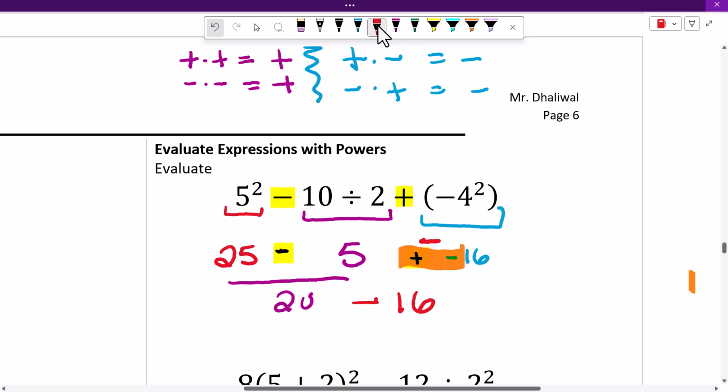All right? You're going to make more mistakes if you have double signs. You can still do it, but I encourage you to make it into a single sign. So what is our final answer? 4. Thank you. 20 minus 16, and it's 4. All right. So we're going to stop right